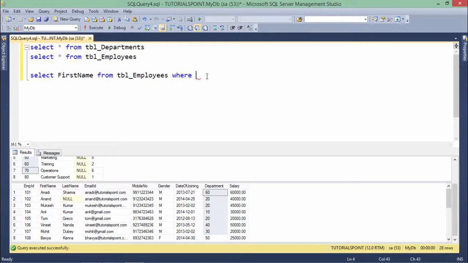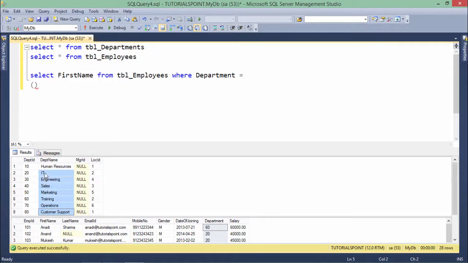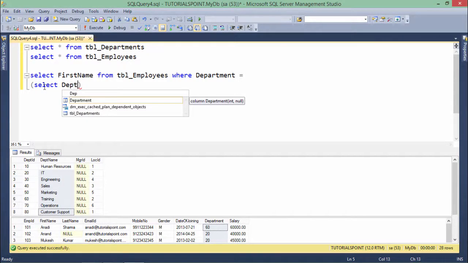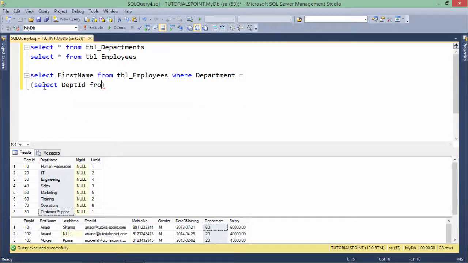Alright, so for that I will have to write where department is equal to, and now here I'll start with this. As you can see, the column names are not same, but it's okay because the data which they are containing is similar. So it is not an issue whether the column names are same or different. So DPT ID from TBL departments, where